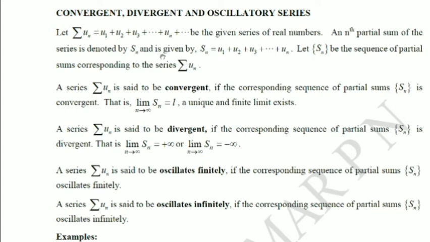What is S2? It is the sum of the first two terms. What is S3? Sum of the first three terms. What is S4? Sum of the first four terms. So you can write this sequence like this within flower brackets. First term is U1, second term is U1 plus U2, that is your S2, S3 is U1 plus U2 plus U3. What is S4? U1 plus U2 plus U3 plus U4, sum of the four terms of the series, that is your S4, etc. Nth term is U1 plus U2 plus etc. up to Un, etc. It goes on, proceeds.